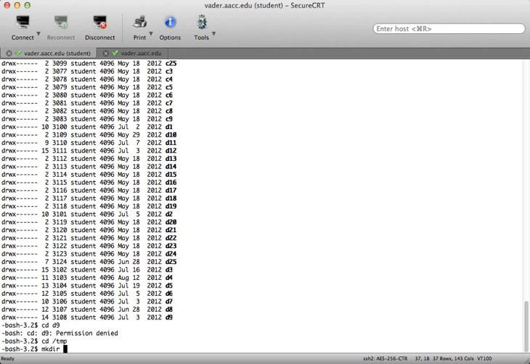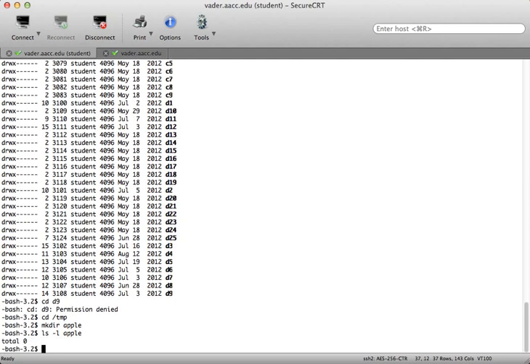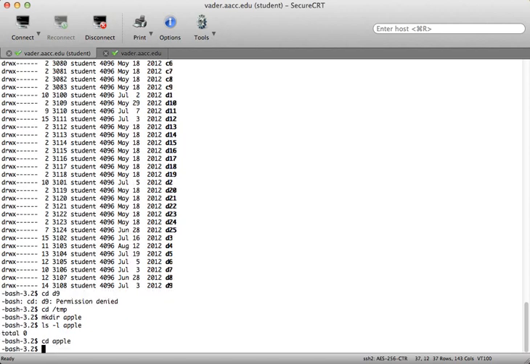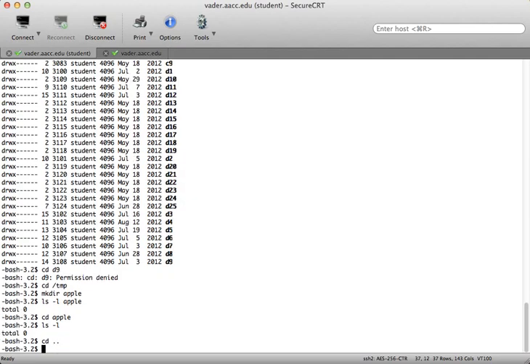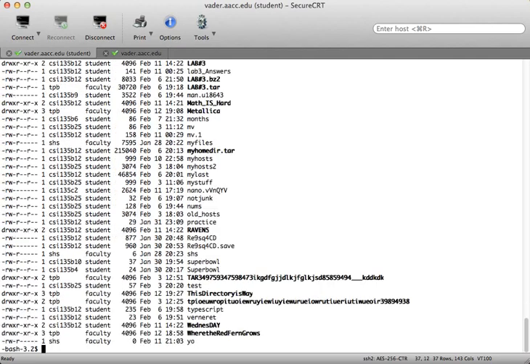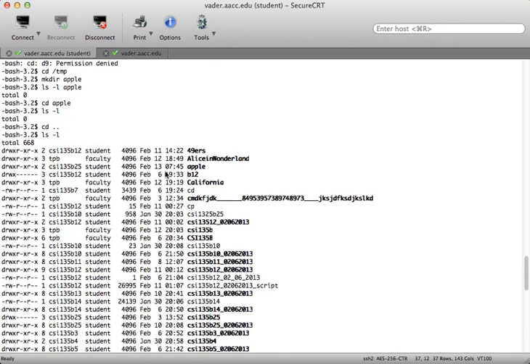gotta get creative here, Apple. So if I do an ls -l on Apple, I can see that the directory is empty, because I've just created it. If I cd into Apple and then type ls -l, still nothing here. So let's go back up one directory, type ls -l and temp. I'll have to scroll back a little bit, and we've got quite a bit going on here. So you can see Apple is